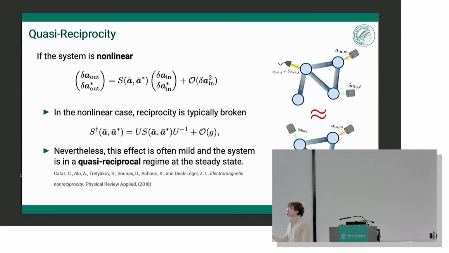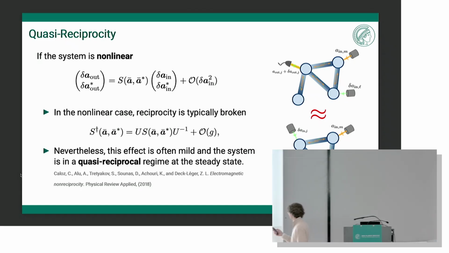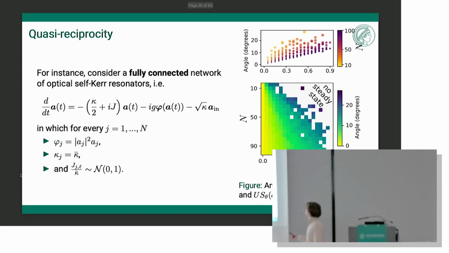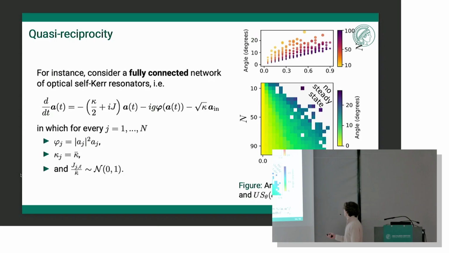Intuitively, why? Well, what you would like to do is perturb one parameter, see how the state changes, and see how the output changes. What you do instead, to be efficient, is change the output. But of course, if you don't have reciprocity, this is not exactly the same, but still good enough. I will go pretty fast on this. You can show this more mathematically and also with simulations.